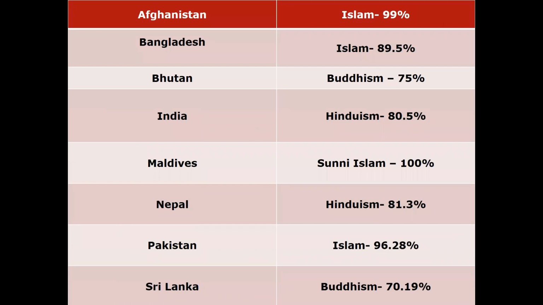On the other side, if you look at the religions of this South Asian region, the predominant country is India, and 80% of the people in India are Hindus. India has a population of about 970 million Hindus, and Muslims are only, I think, close to 200 million, and not more than that. Bangladesh is 90%